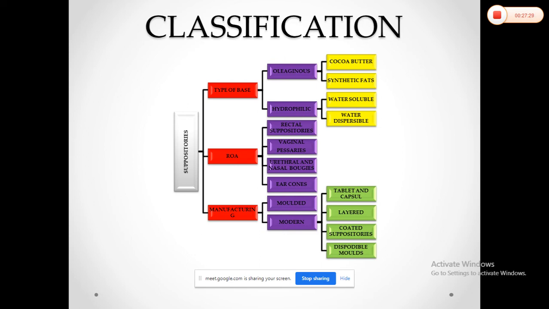But along with that, there are some modern methods also, which I have mentioned here regarding the tablet and the capsule suppositories. Nowadays, rectal suppositories and pessaries can be prepared just like compressing a tablet. But as I have said already, vaginal pessaries can be prepared with compression, but sometimes we cannot prefer the tablet compression for rectal suppositories.